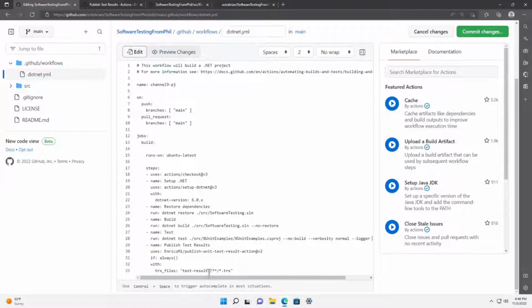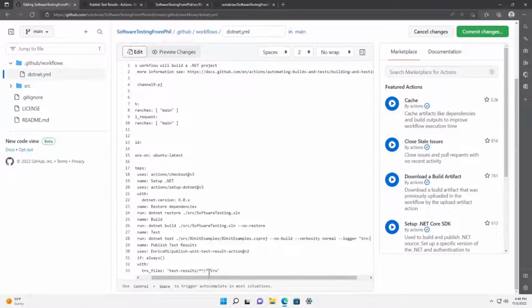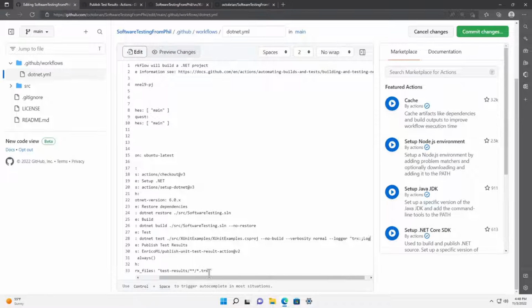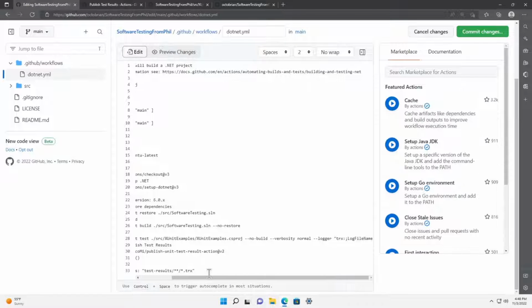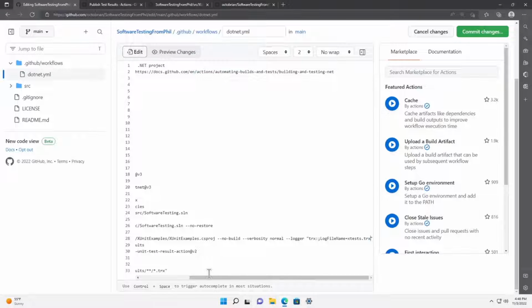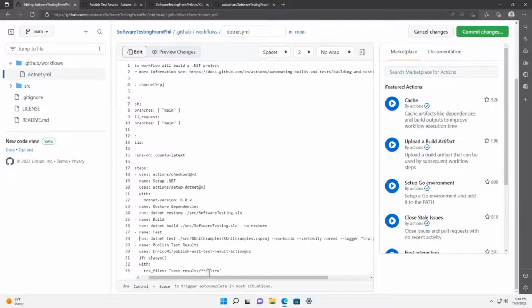And the logger command asks for how do you want to output the data. So I've used TRX before. And then I'll just do something like log file name equals xtests.trx. You can name it what you want. You can do relative things, and there's lots of different control.